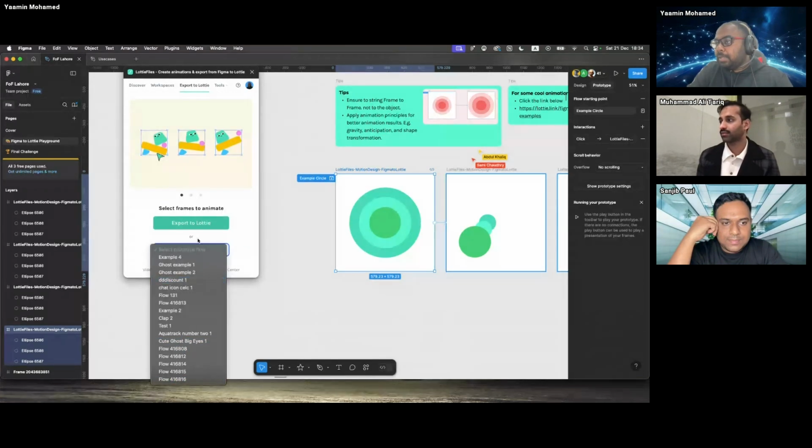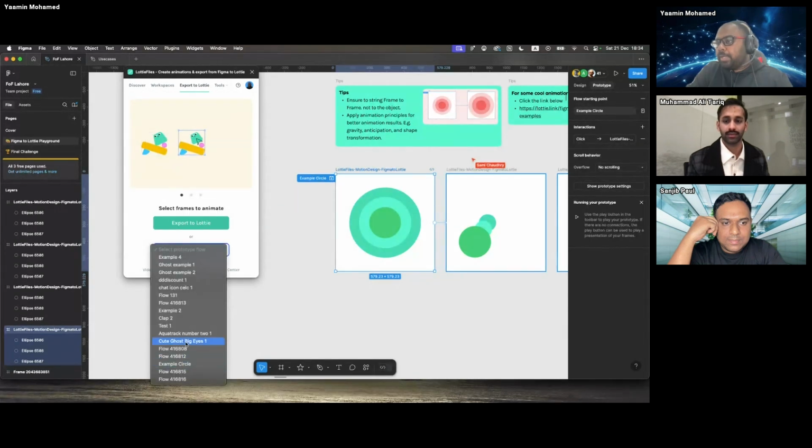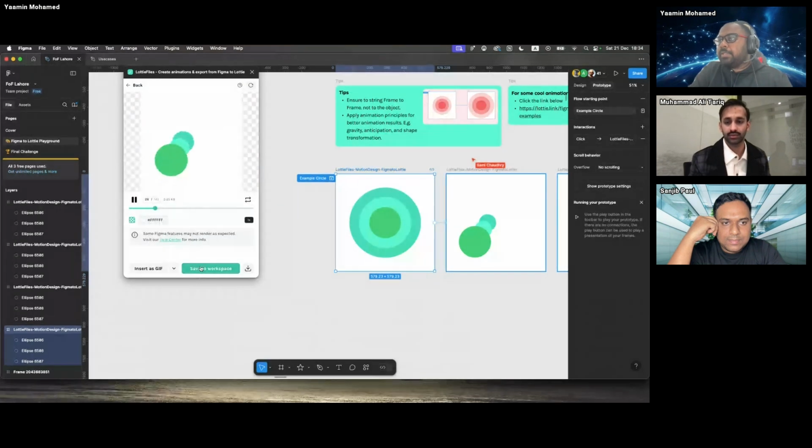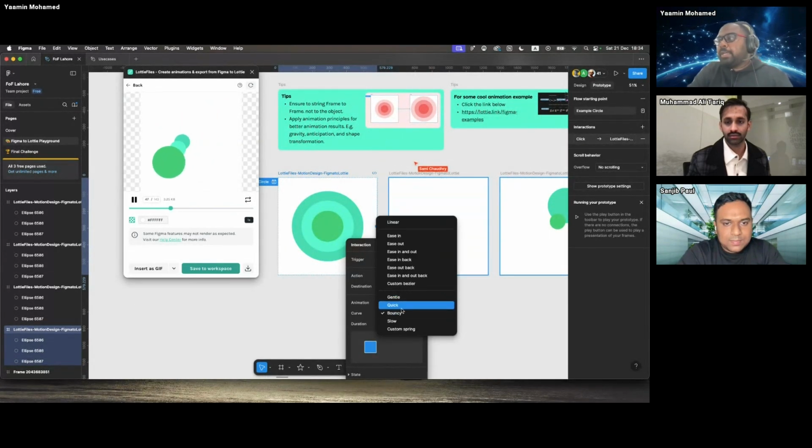All right. Let's go back one more time. Right, here you go. Example circle. Click this. And now I'm actually able to add a lot more control in how the animation transitions from one to the other. And now if you want to maybe change a little bit, say I don't like this